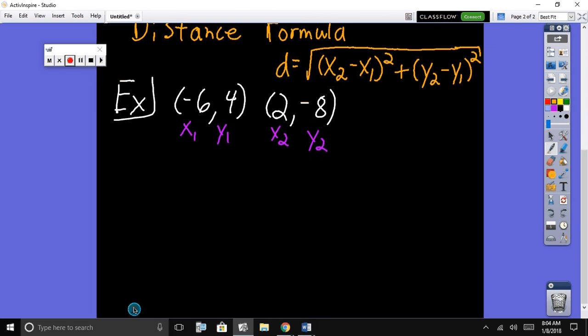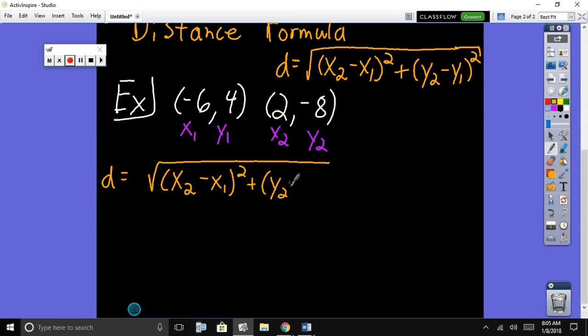And similar to before, I always think it's a good idea, just like we did with the Pythagorean theorem, to always put the formula down with nothing plugged in. It's just kind of like a thesis statement or opening paragraph in a paper. It starts the paper off, organizes your work. Same thing happens in this. x2 minus x1 squared plus y2 minus y1 squared. See, it's a good idea to put this down. That way you're not going to make any computational errors. And now that you have the distance formula down, you have your points labeled,